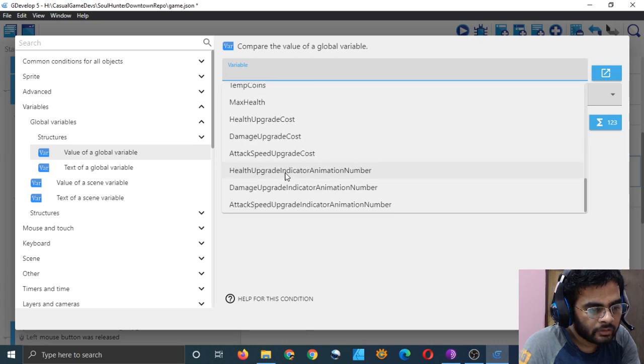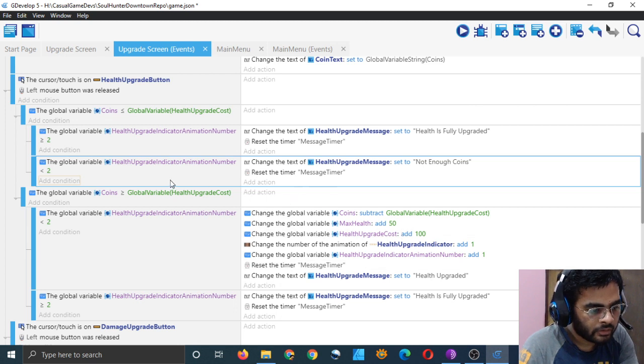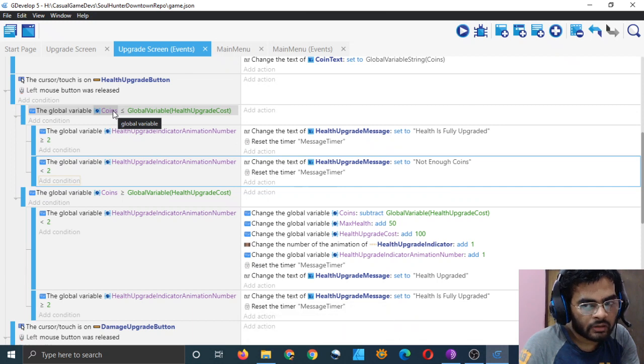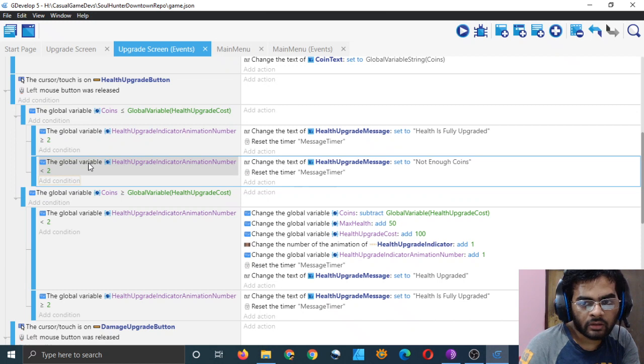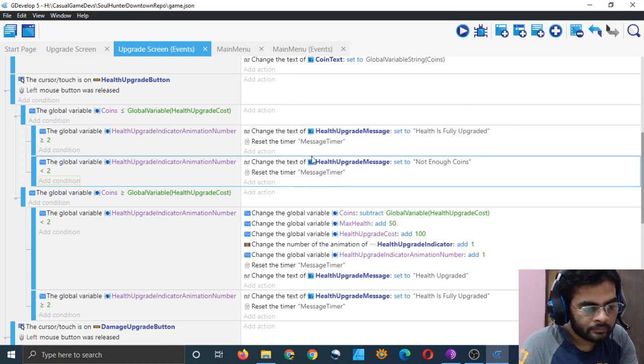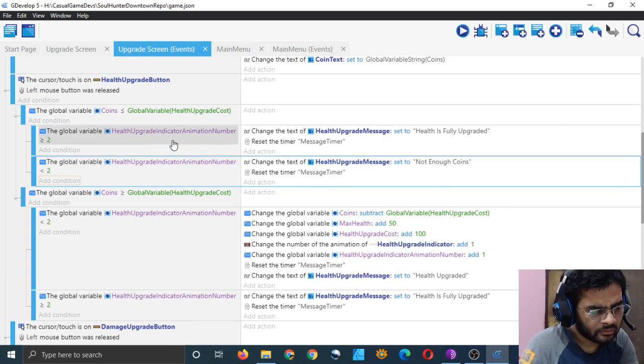If it is less than 2, then you can still upgrade, and if your coins are less than the cost and you have still not achieved the maximum level, then we will say not enough coins. But if your coins are less than the cost and you have achieved the maximum level, then we will say health is fully upgraded. You don't need to earn more coins to upgrade anything, right? So that's one way to do it, and that's a good way, really.